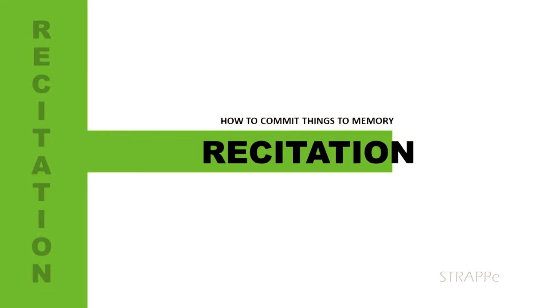Let's go. Recitation. That is the first word of the RUPF model. Now, there are several things like definitions, passages, names, dates of events, facts, history, etc. that in education we will need to memorize. These things we need to memorize. And one of the best ways we can use to put this particular kind of information into memory is to chew. Locally, we call it what? Chew. In other words, it means to recite, to recite it until it sticks. And that is the reason why we have the name recitation.